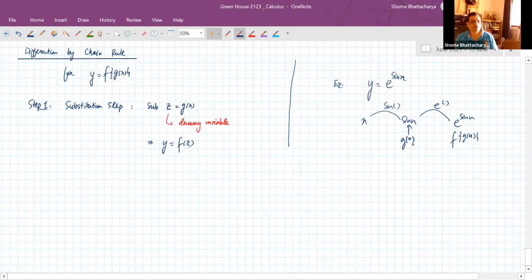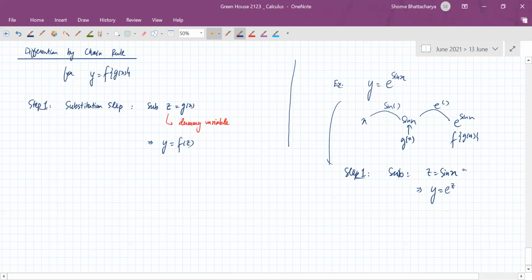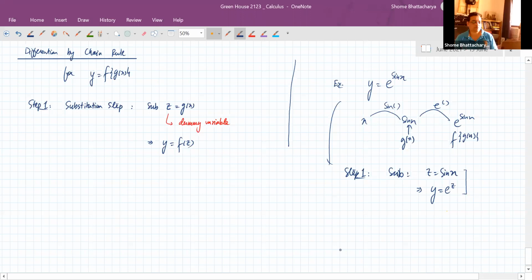F was exponential. So here, when we are differentiating, in step 1, substitution, we should substitute z as what? Sine x. So that is our g of x. So our y will become what? It will become e raised to the power z. This is what we are getting by the first step, which is the substitution step. Now the second step immediately after this is what we call the chain rule step, because we